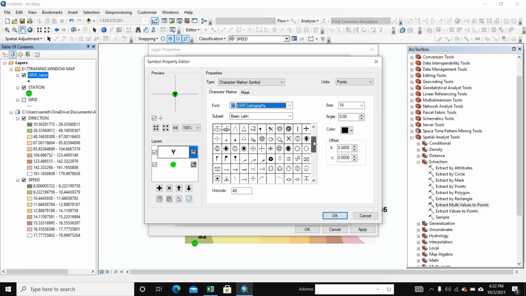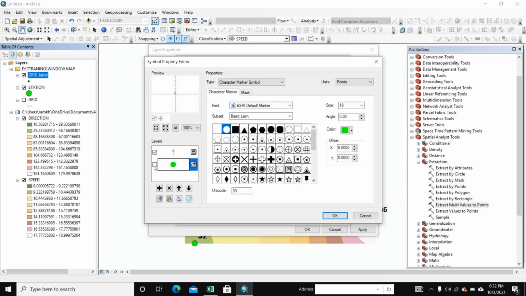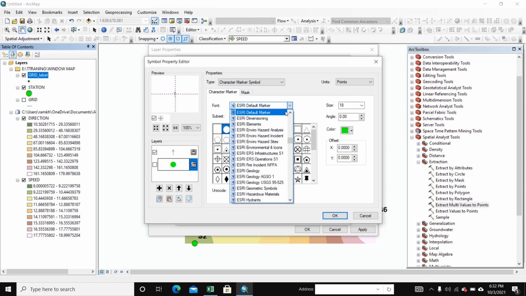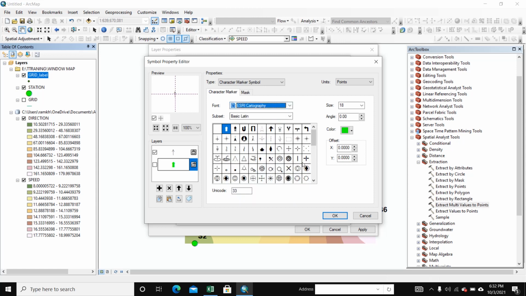We select here arrow, select one and unselect. Select it and OK.